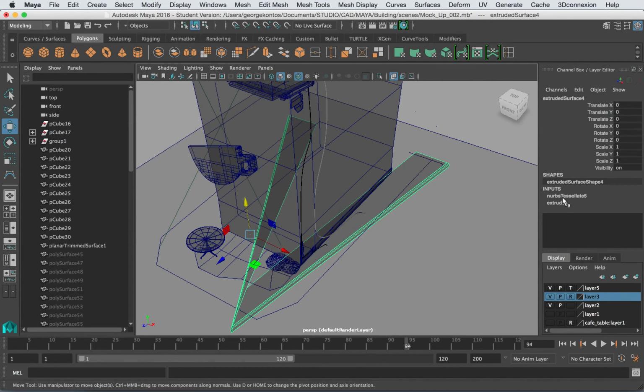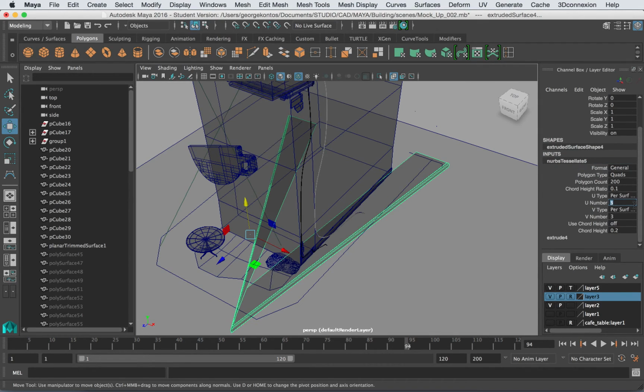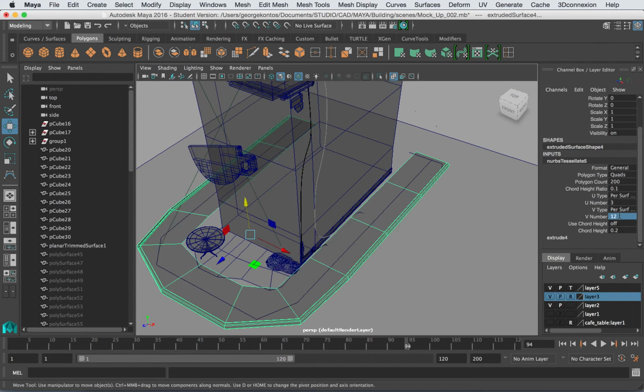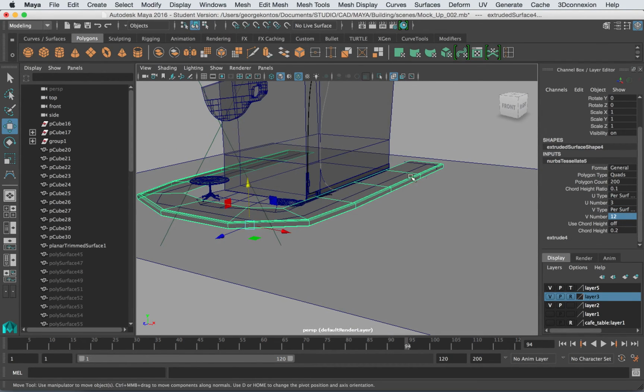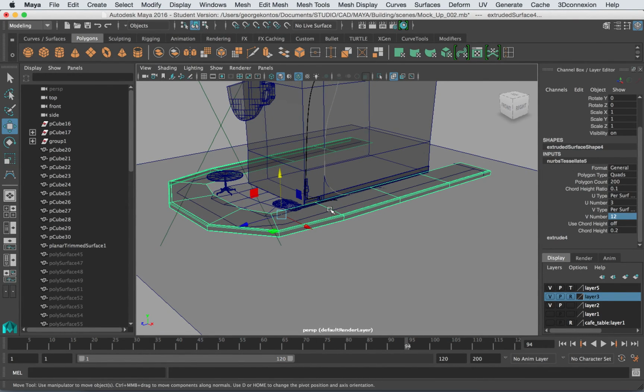You go to the NURBS tessellate and you enter. Let's start with the V because we want a sort of resolution here. So in the next video I'm gonna go ahead and shape things